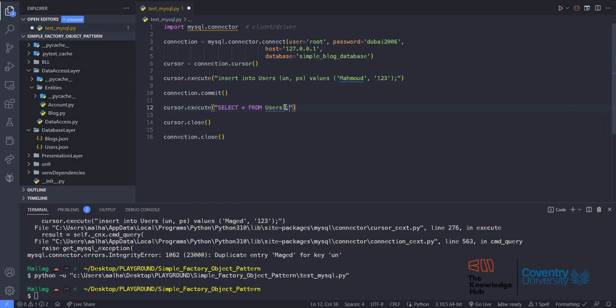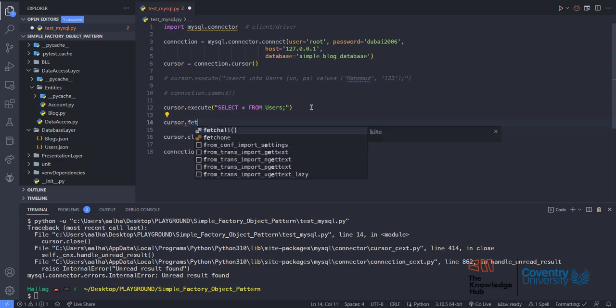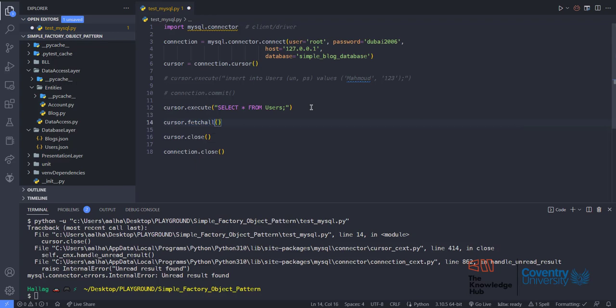And this is essentially the query, right? So I'm just going to comment this part out and run this, and I think we need cursor.fetchall, and this is essentially the results,